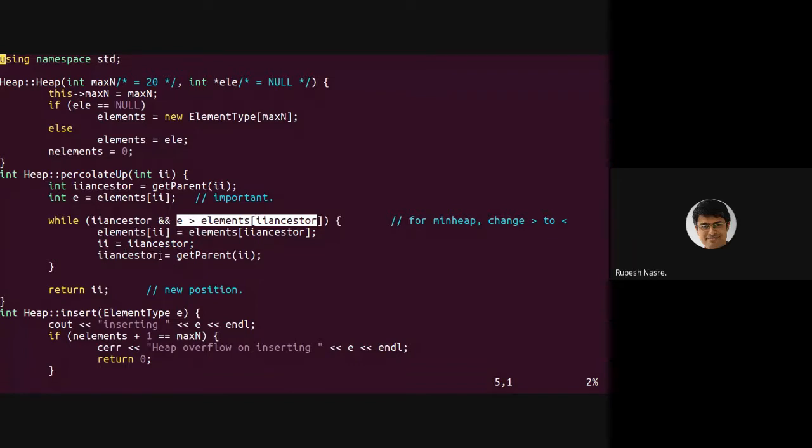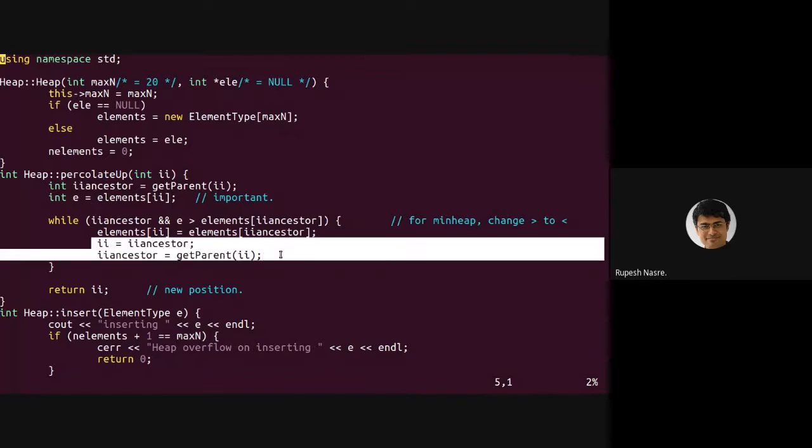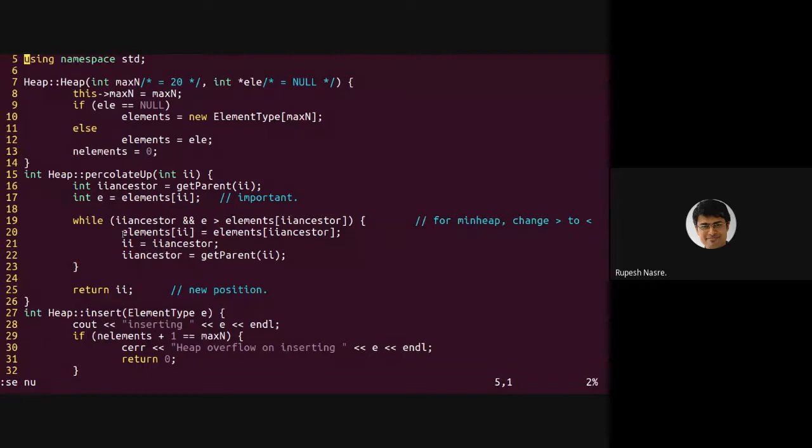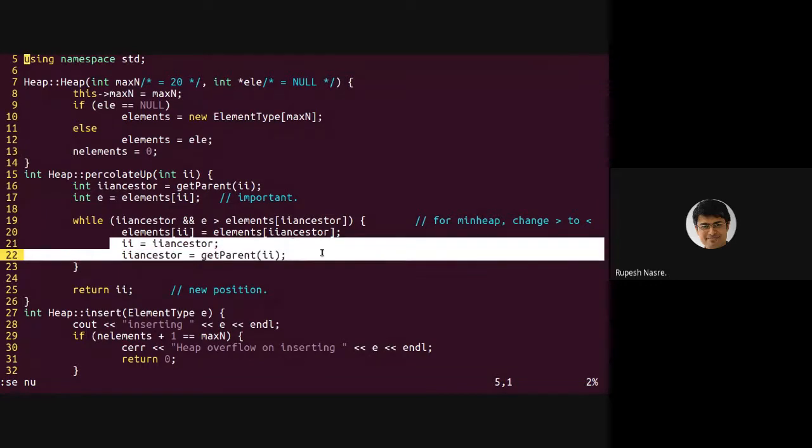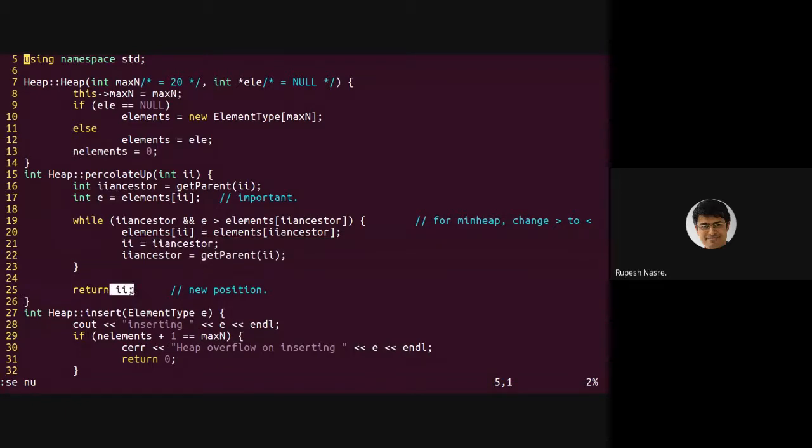And then we need to take, like we had previous and next in case of linked list traversal, similarly, we have this I ancestor, which is I's ancestor, right? So whatever we did here on lines 16 and 17, the same thing we have to do when we change I, right? So that is what we are doing here. And this way the element doesn't really move up, but the parent keeps moving down, right? Until you reach a stage where that element should be inserted. And that index we are going to return.